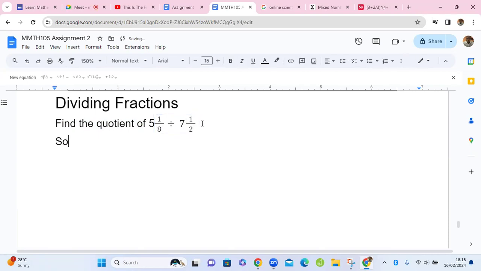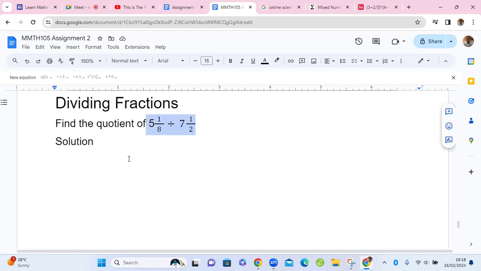So to find the solution, or to find the quotient after you divide, you find a quotient. After you add, you get a sum. Subtract, you get a difference. Multiply, you get a product. Divide, you get a quotient. Sorry. So to get the quotient here now,